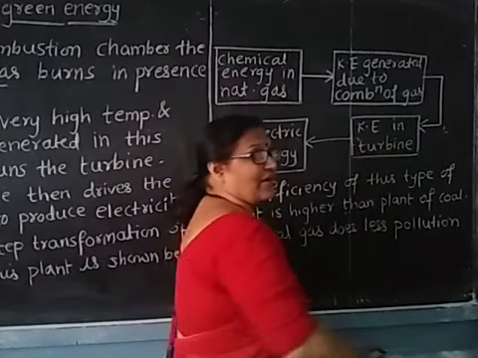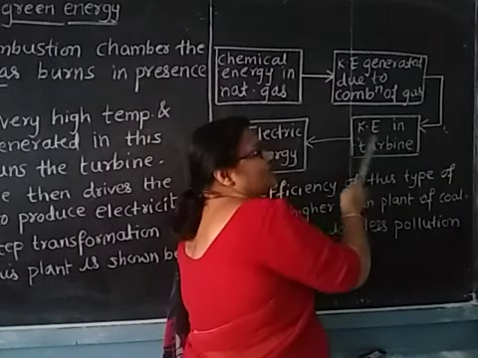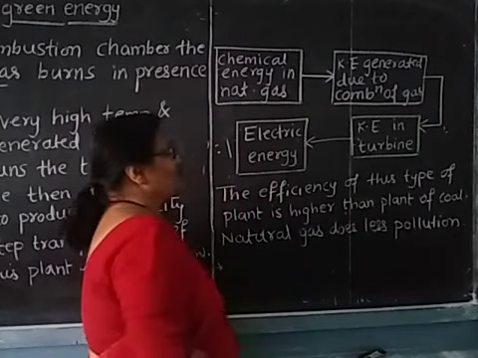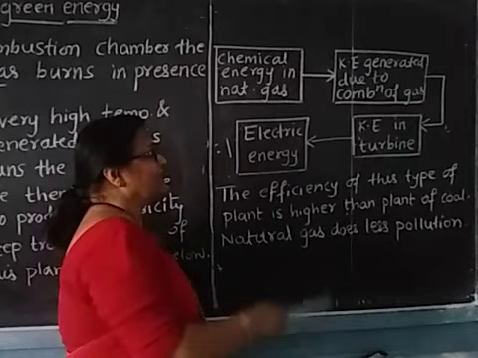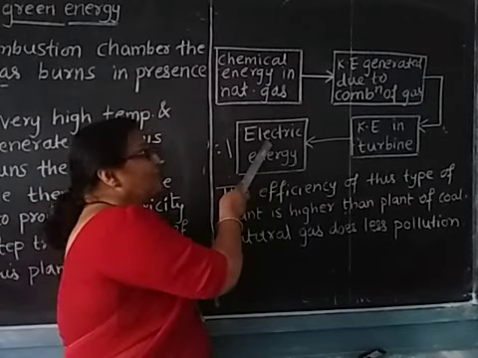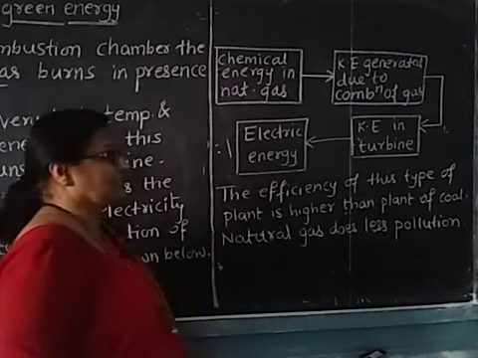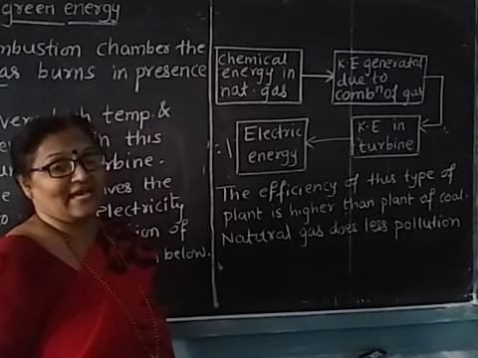This gas further contains the kinetic energy, which is converted in the turbines, and the turbines are connected to the generator and it is then formed into electrical energy. The efficiency of this type of plant is higher